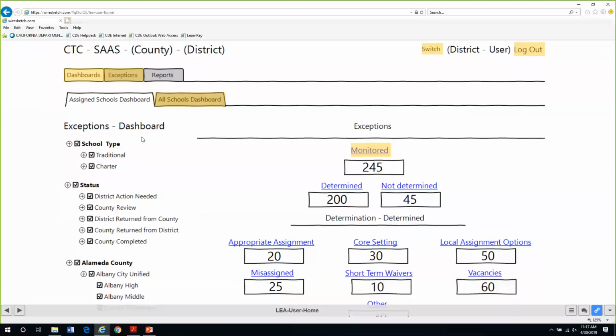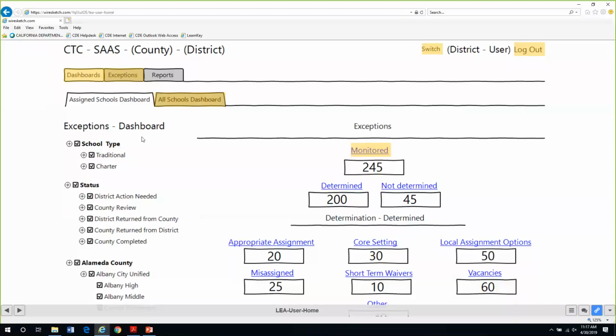And if the monitoring authority is the chartering authority, they have a direct reporting ability for just the charter schools too, and there wouldn't be a back and forth where they would have an LEA provide information. So the back and forth between the charter school and the chartering authority would occur outside of the CalSAAS system. What occurs in the CalSAAS system is the determination of the exceptions for that charter school and being able to isolate those out by the charter school. But the reporting comes directly from the chartering authority.